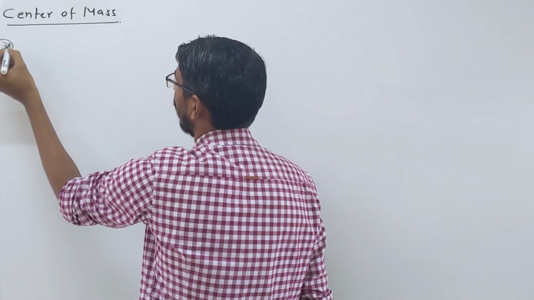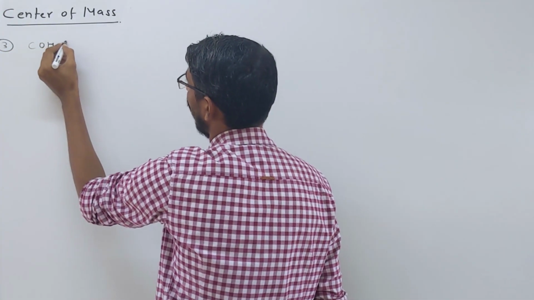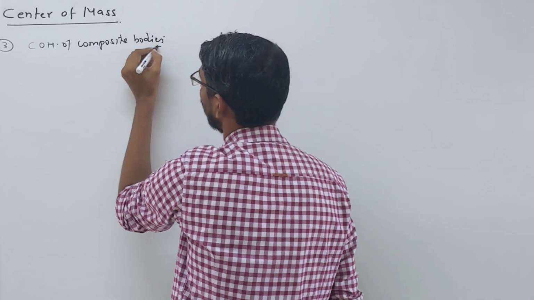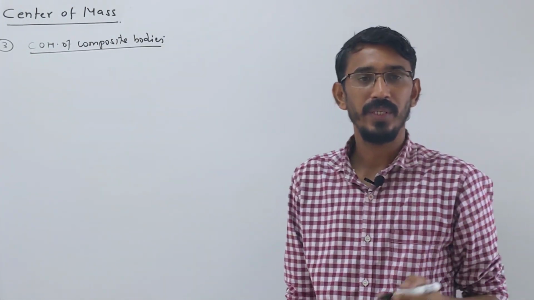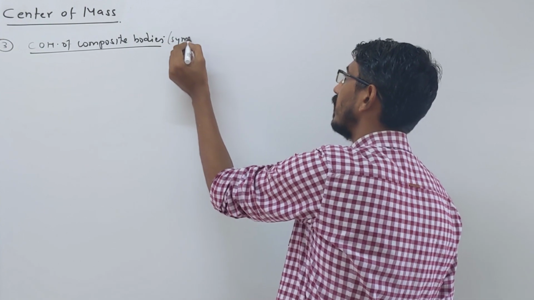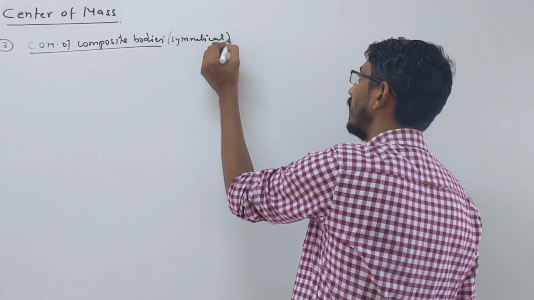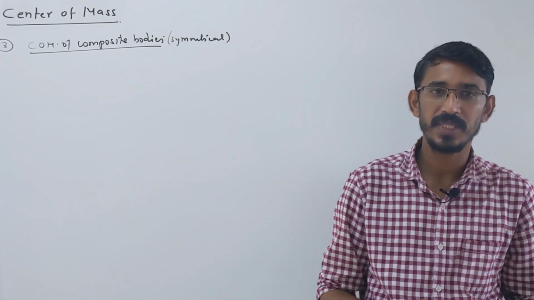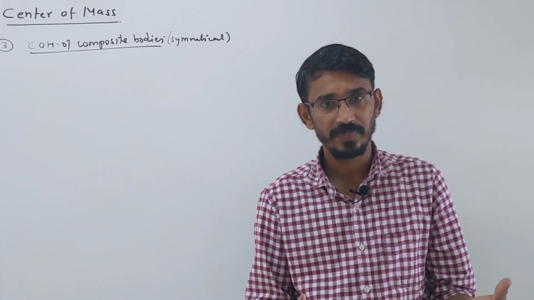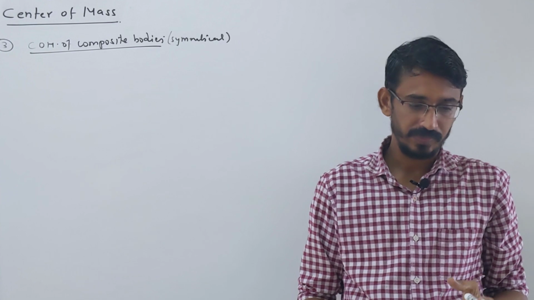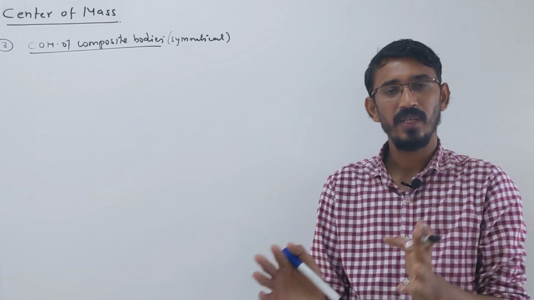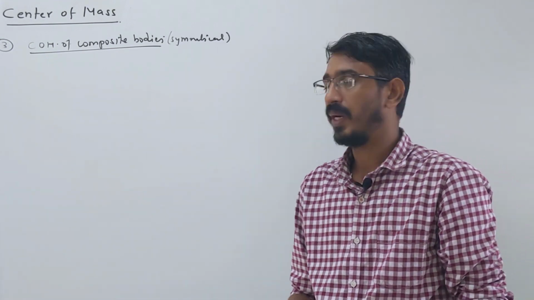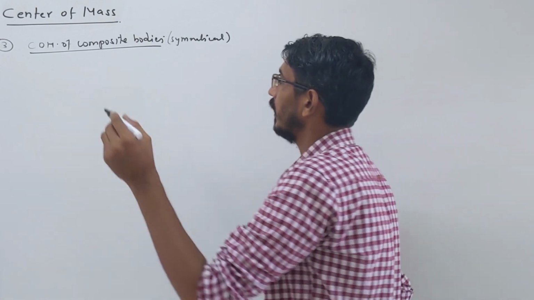This type of problem is called center of mass of composite bodies. Composite means some regular, symmetrical bodies. Two or three bodies will be given together and they will ask what the combined center of mass of these systems is. Here the bodies' names will be given, like a sphere of 5 kg mass, or some disc of this much mass, and we have to find the combined center of mass. For example, let's see.